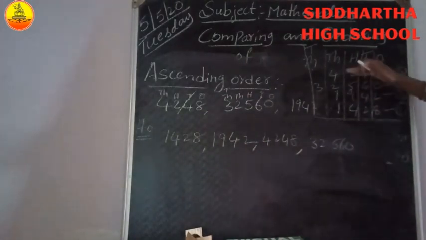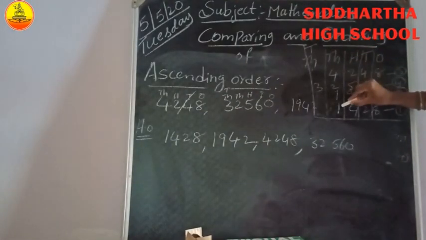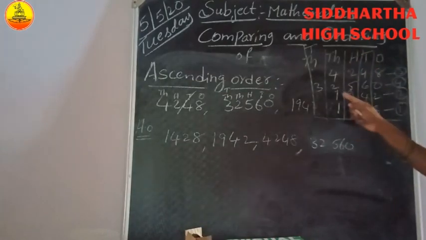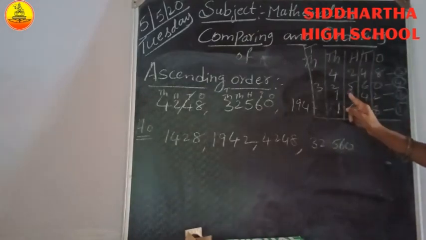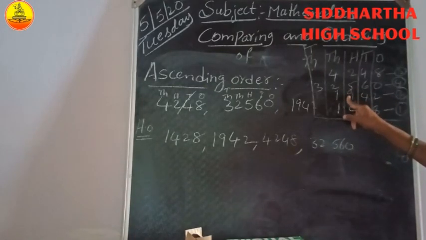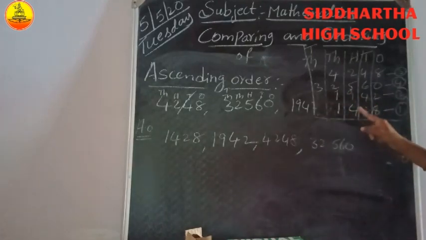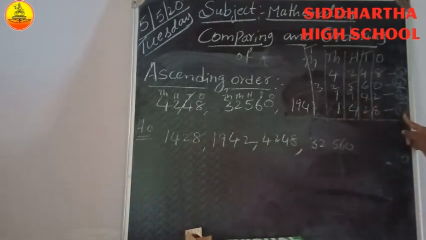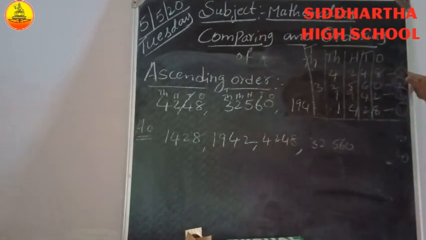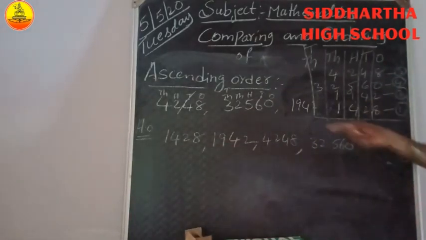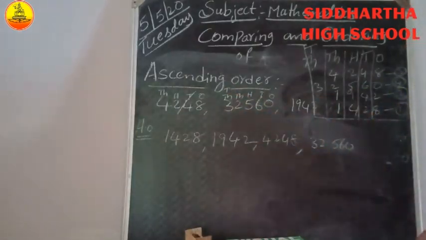These three have the same number of digits. By comparing the places: 1,000, 1,000, 4,000. The 1,000s are small, but two 1,000s are the same, so we compare the place before, the hundreds. 900, 400. 400 is the small, so I took 400 first. Next I am taking 900. Next we get 4,248, the big one. In this way also it is possible. Otherwise, comparing by places is also correct, children.